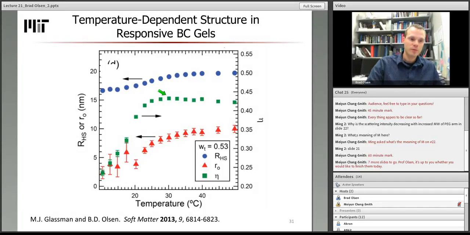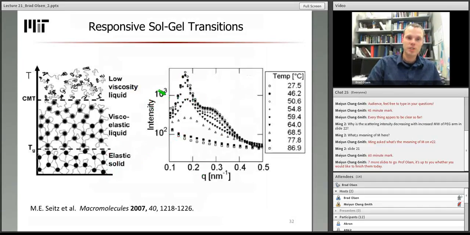So what I want to do today is just finish, for a few more minutes, one more example of these block copolymer gels. This is from Ken Shull's group at Northwestern University. Shull's group, on slide 32, has prepared another example of responsive sol-gel transitions based on block copolymers analyzed by neutron scattering, where in this case they use polymethyl methacrylate, block poly-n-butyl acrylate, block polymethyl methacrylate, tri-block copolymers,